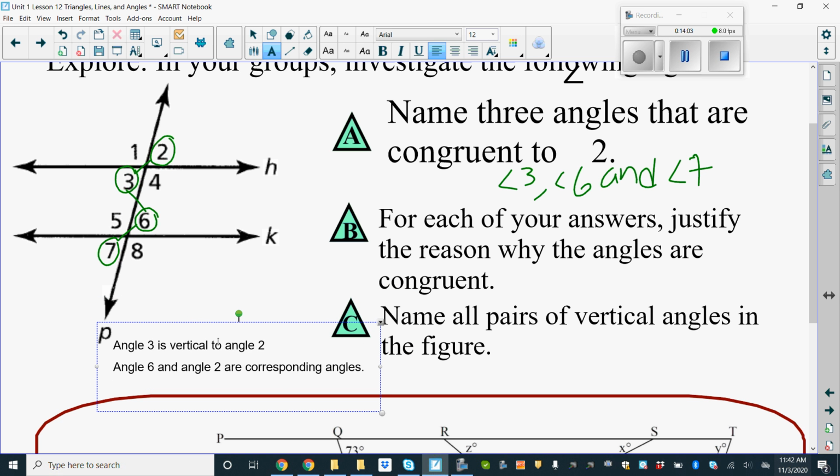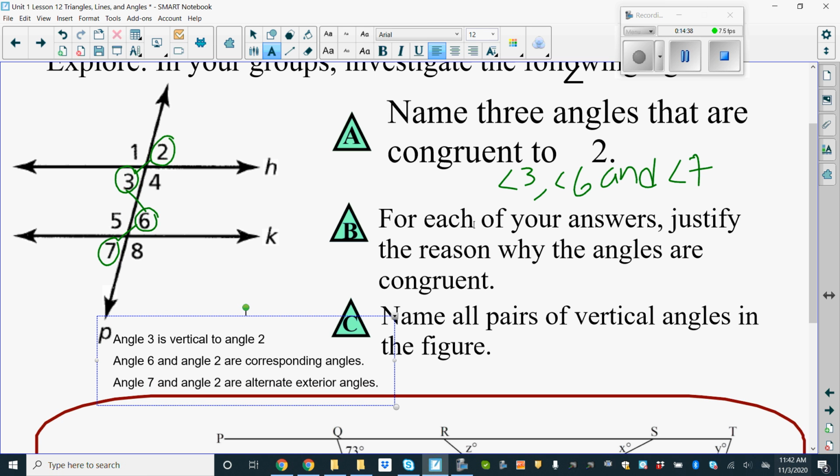And lastly, angle 2 and angle 7. H and K are the sandwiches, those are your parallel lines, and 2 and 7 are outside of them. So when you have 2 angles outside and across the transversal, these are alternate exterior angles. Okay? So if they are asking you to just name which angles are congruent and find the angle measurements, use